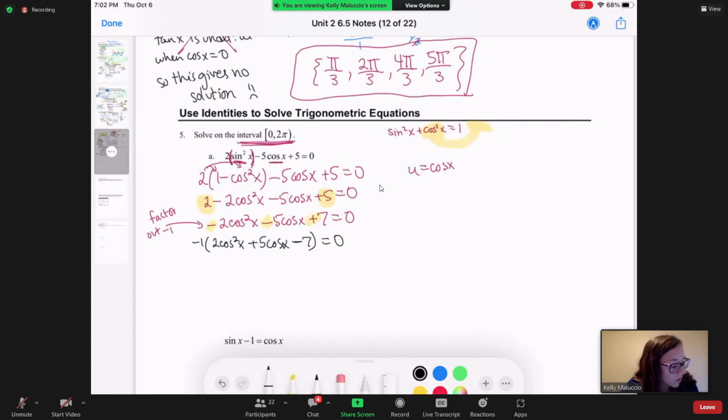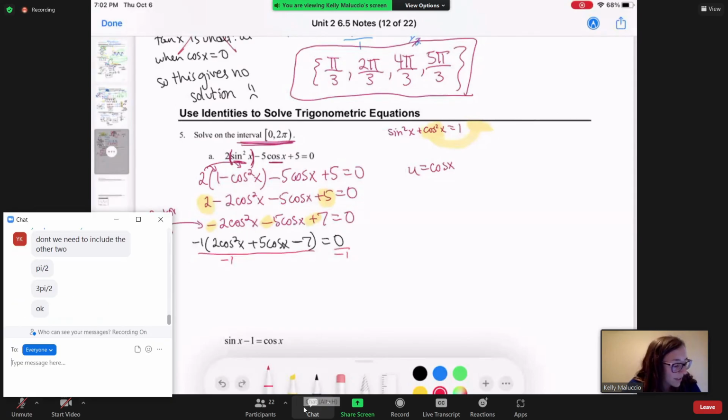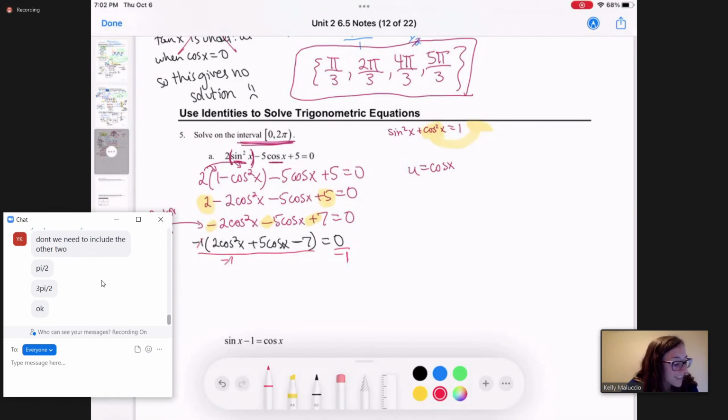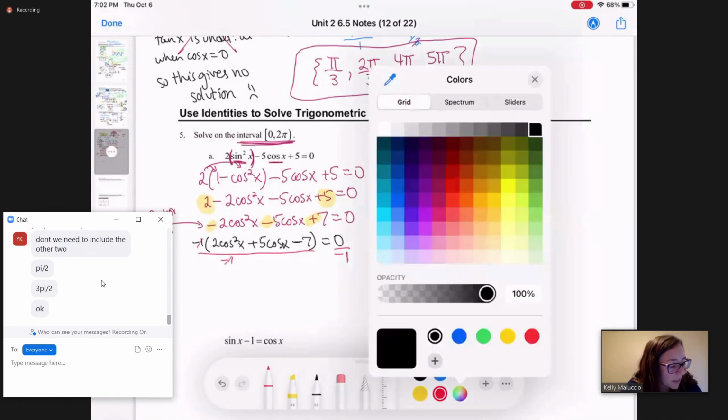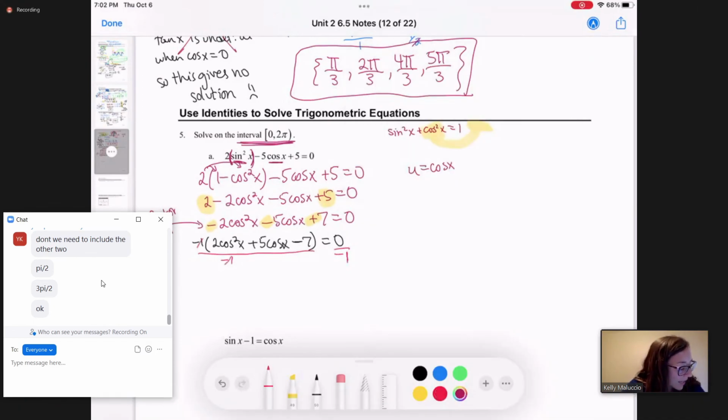Then I just divide everything by -1. It doesn't change the right-hand side, because it's just 0, and it gets rid of these. It's the same problem. But the nice thing is that now I have positive 2 cosine squared x plus 5 cosine x minus 7 equals 0. Now I can go here and factor,